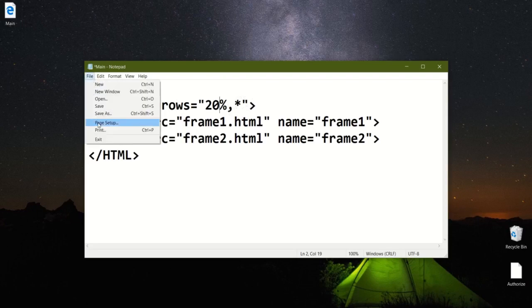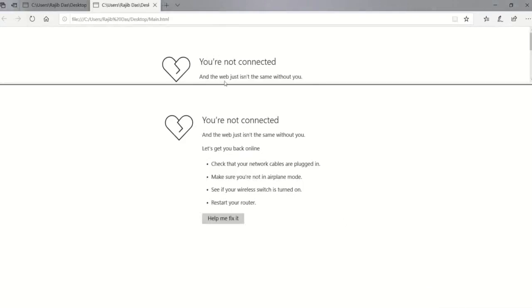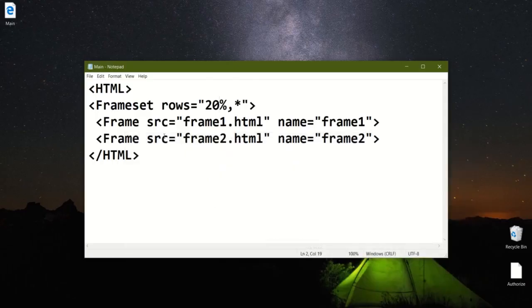Then save and again see, now this side is 20% and the second row is 80%. So, in this way you can divide into two rows, and then I am using the nested frame